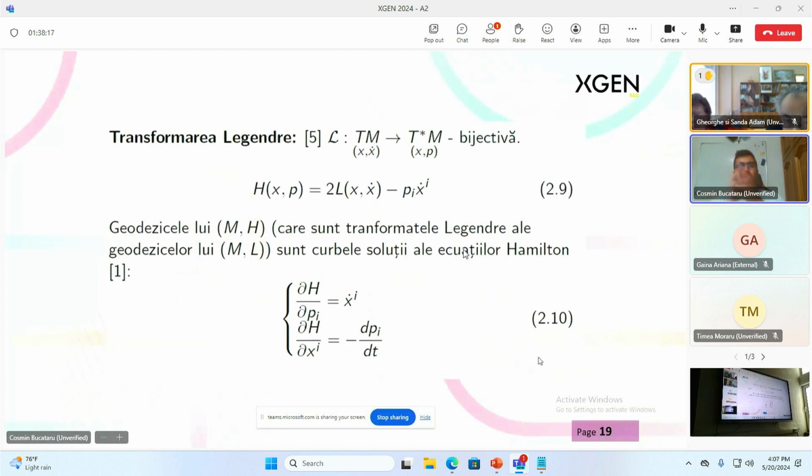So now we will use a concept introduced by Professor Arnold, which is the Legendre transform that connects the Hamiltonian with the Lagrangian. And another thing is that the geodesics of the dual space M star, which we will introduce in the next slide, the Legendre transformation of the geodesics of AL are exactly the geodesics of the dual Finsler space. It means that the solution curves are the solutions of the Hamilton equations, which are related in